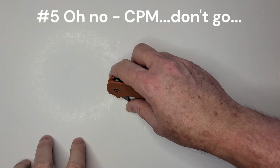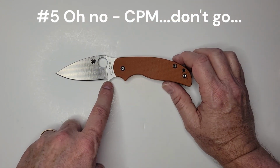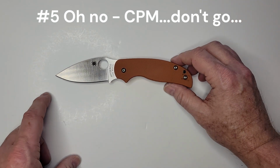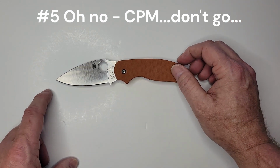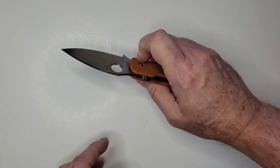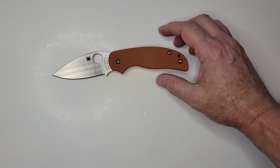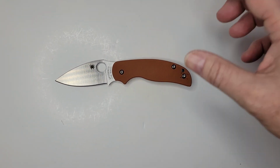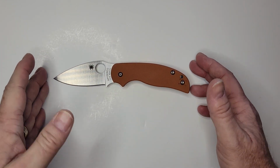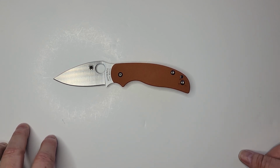And the last of the five big stories for me is CPM Rex 121, the undisputed king of edge retention for steels, at something like 71, 72 HRC while maintaining a stable edge. Oops. Whoa. Sorry. Gotta move this back. The bad news was, and it was dropped right at the end of the year on Dr. Larrin Thomas's Knife Steel Nerds